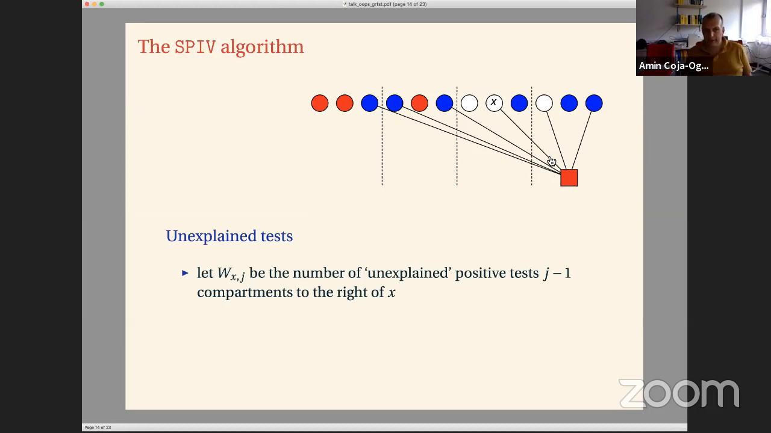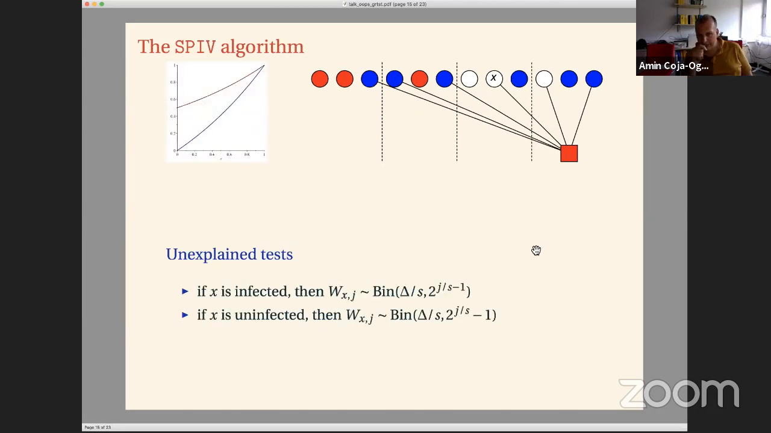Okay, so this number of unexplained tests is a clue, a hint that X might be infected. And in fact, based on our randomized construction, this spatially coupled geometric superimposed random hypergraph, we can, with a bit of thought, analyze the distribution of the number of such unexplained tests. Namely, if I look at an individual and at a test that is j minus 1 compartments to the right of x, and in this test x participates, but it's currently unexplained, then the number of such tests is approximately a binomial variable